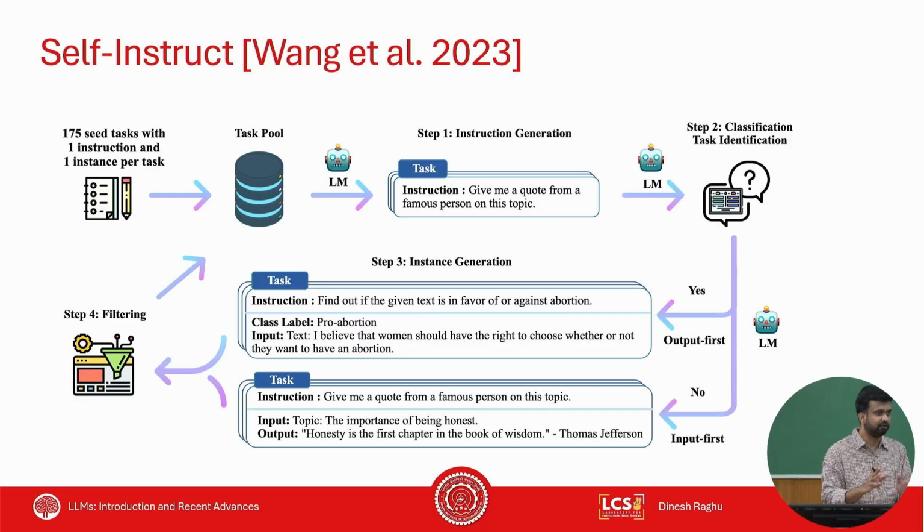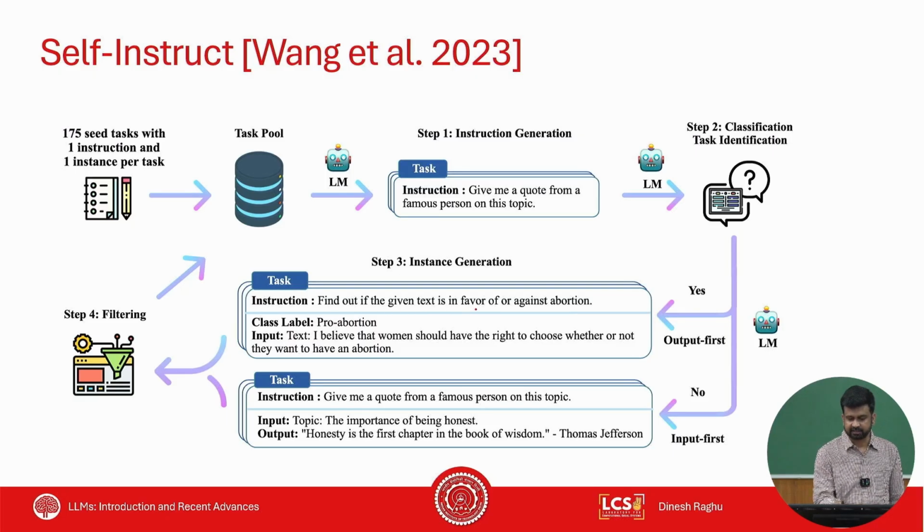So the whole point of why you want such a big model is that it will generate output so good that you can use that output to distill a smaller model, which would be much better than just training that smaller model from scratch, right? So one early paper, the first paper that came out in this paradigm, is called Self-Instruct. What they say is that seed tasks are something like this.